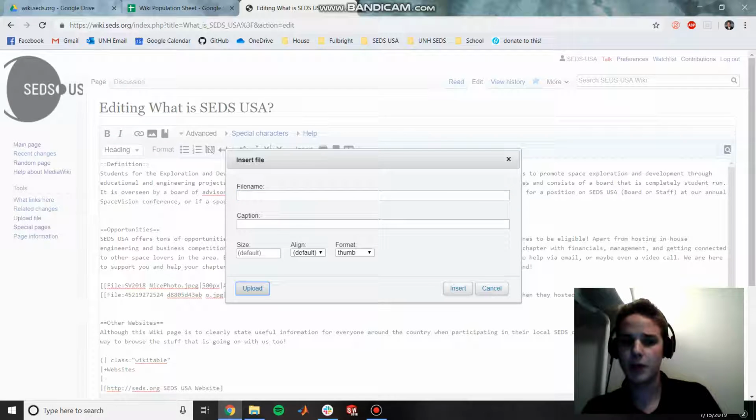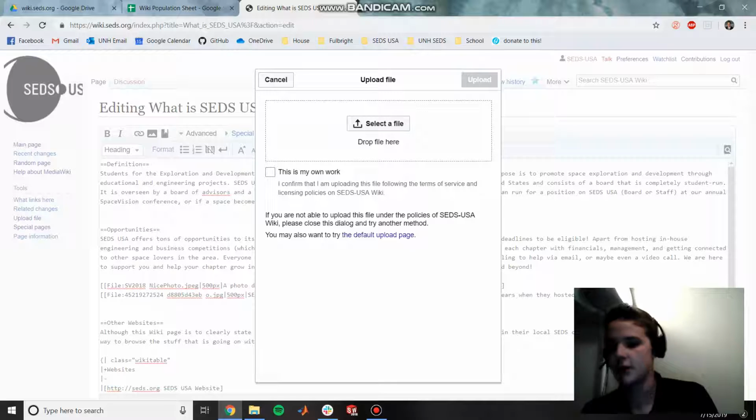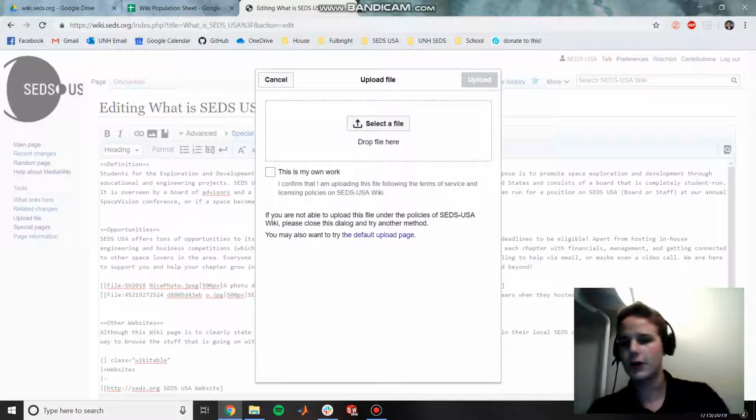You click the upload button to search for a file. So this is something that you'll have on your computer. Once you upload it, it gets uploaded to basically this site, and then you can use it, but you can do it on a singular basis. I think that's the easiest. So once you select your file,